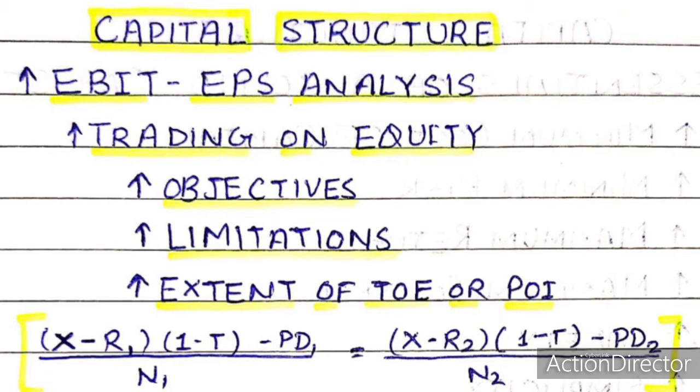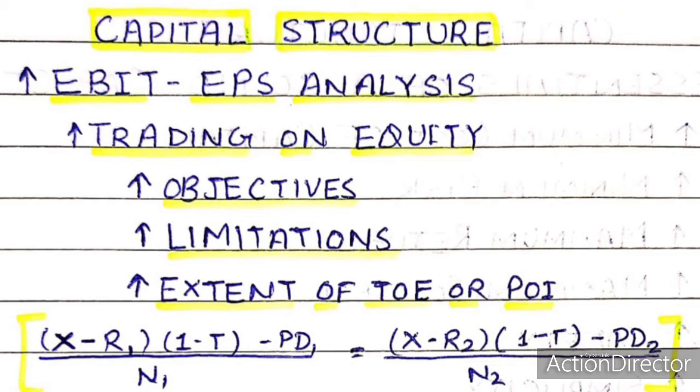Lastly, legal difficulties. Though the company favors the policy of trading on equity, yet it cannot follow it because of prevailing laws in the country. For example, the Securities Exchange Board of India insists upon a certain debt equity ratio at the time of raising additional capital. If this ratio is disturbed on account of new loans, the issue will not be permitted. Similarly, a company cannot borrow money in excess of the amount fixed by its memorandum and articles of association.